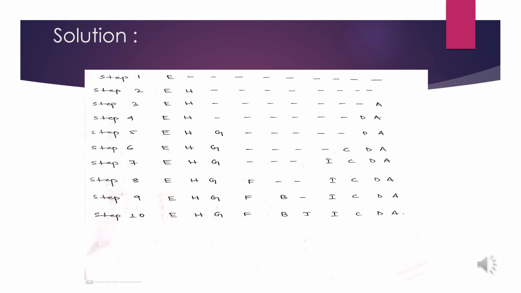Since again it is a tie, we randomly select any one of them. So I have chosen A for the last position and then placed D just before the last job. So at step 4, we have successfully placed job E, job H, job A at the last position, and D just before A. So now we have eliminated E, H, D and A.